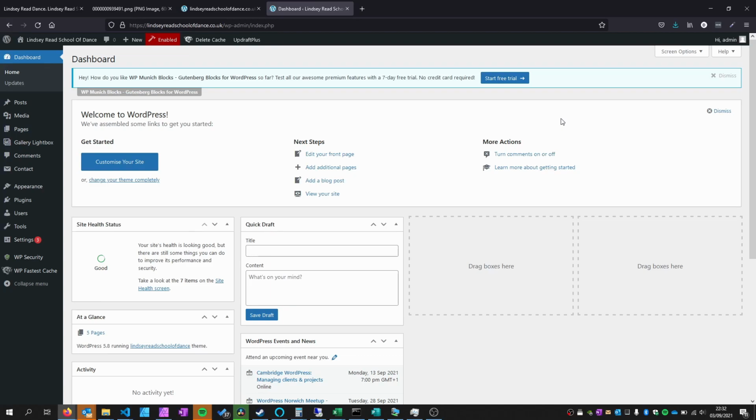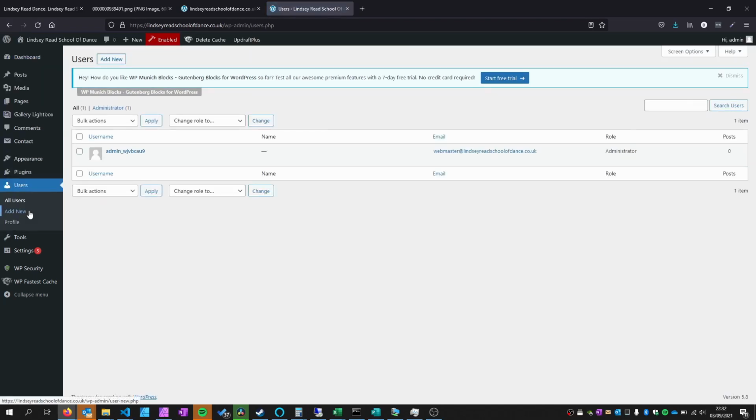Okay, after signing in you'll be greeted with this dashboard area similar to what I have here. You'll have various menu links along the left hand side for your different plugins and features and so on. What you want to do here is just go to the users link, just click on the link itself, or alternatively you could have clicked on add new. And now on this section here you just go up the top and click add new,